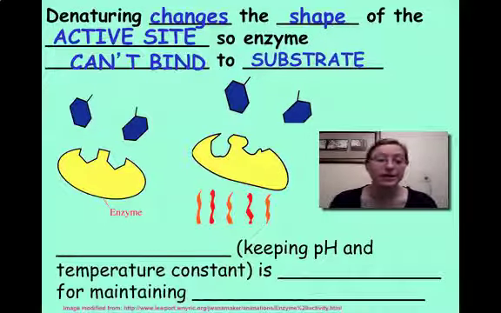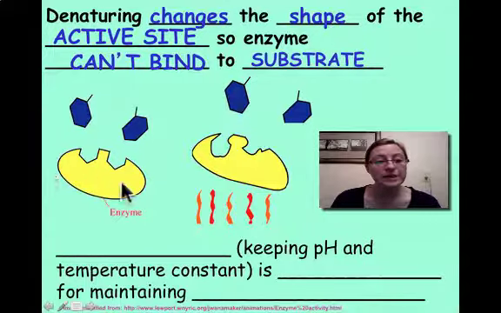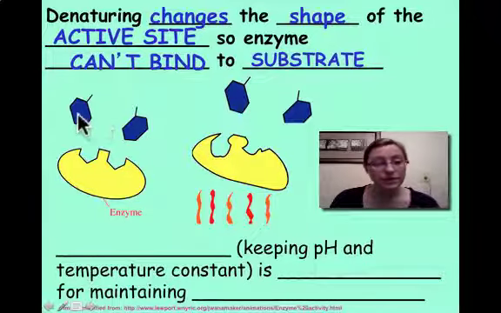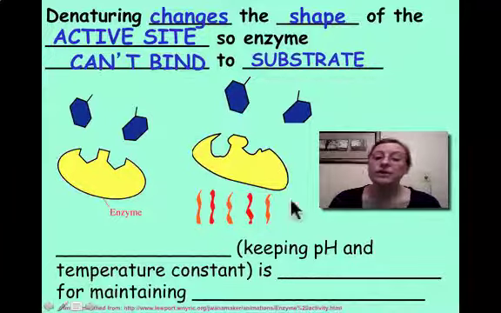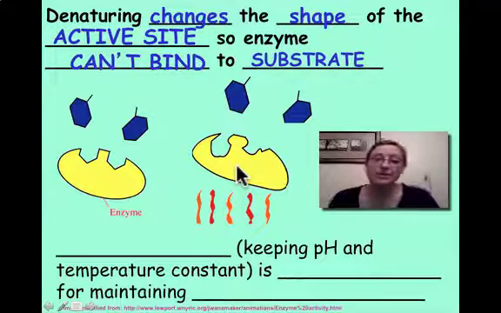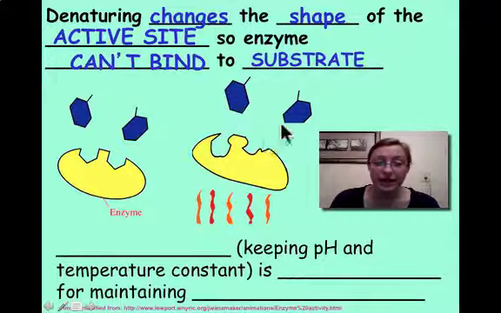Okay, so here's a really good diagram to show you an example. Here's an enzyme, and these happen to be the two substrates that it works on. So the enzyme goes to bind to the substrate. Notice how that active site is so lock and key to the substrates. Now we add heat. What happens to the enzyme? It changes shape, and now when it changes shape, what has happened to the active site? It has been altered in such a way that these substrates cannot bind anymore. And so the substrates aren't able to bind, and that's going to be bad because that means that the enzyme